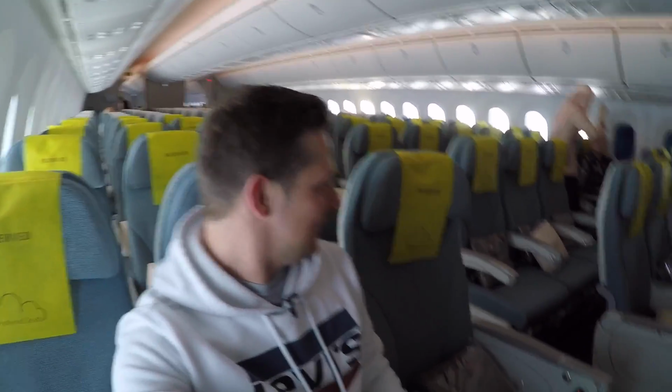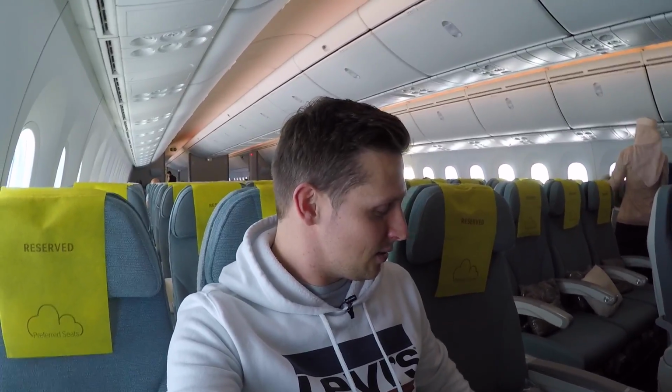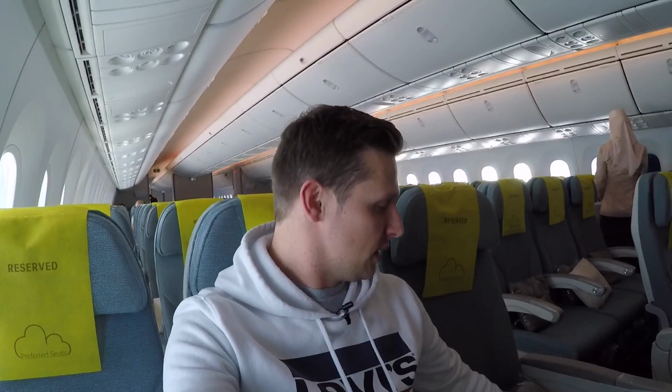So right now I'm sitting on a preferred seat, which is not quite a premium economy, but you will get an upgraded service when you sit here. You also have more legroom, you will get priority boarding, and you also get proper headphones instead of the ones you get in economy class. You will be served individually by the cabin crew, which means they just bring the tray right to your seat. So it is not as spacious, or a bit more exclusive, as premium economy,